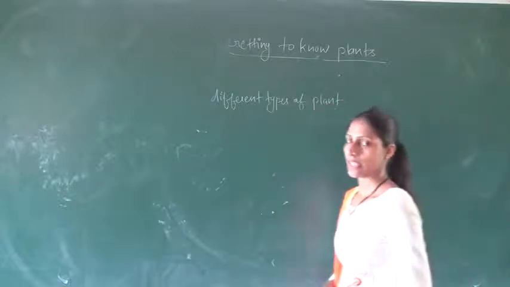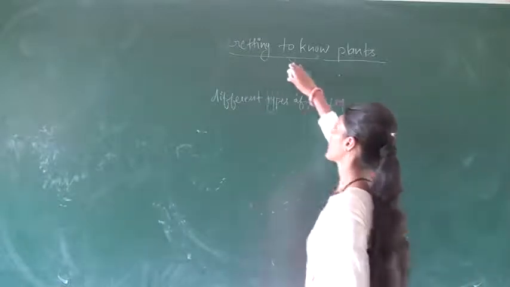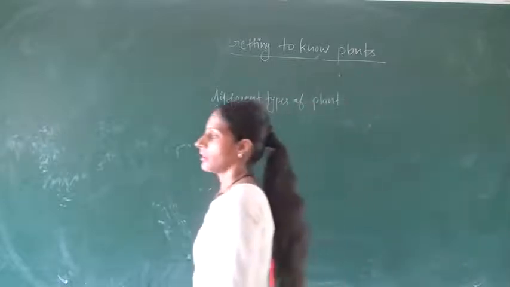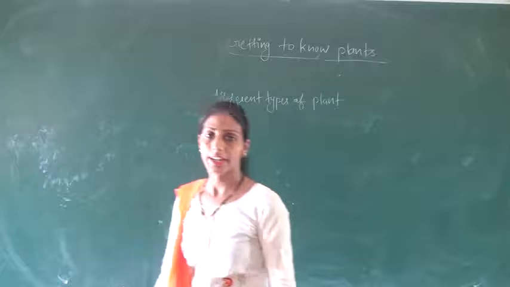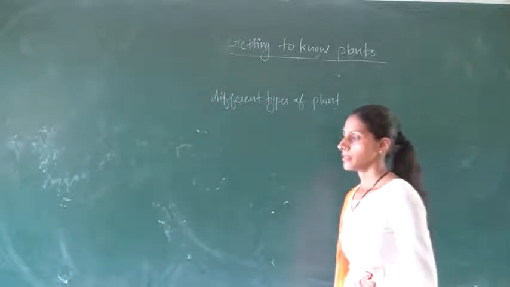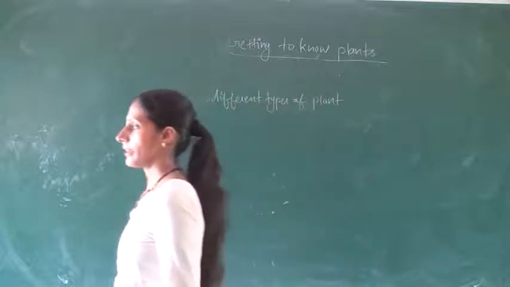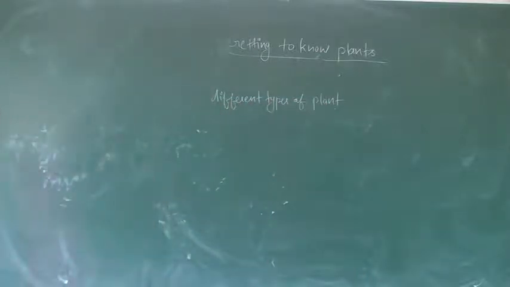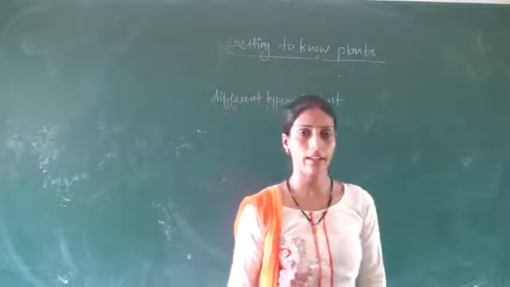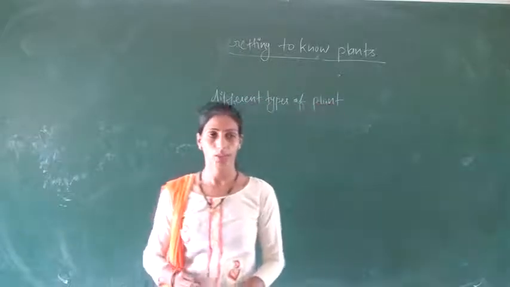Today's 6th class science topic is about getting to know plants. Plants are present all around us. Plants are living things like human beings. They are living organisms which grow in a permanent site by the absorption of water and minerals from the soil